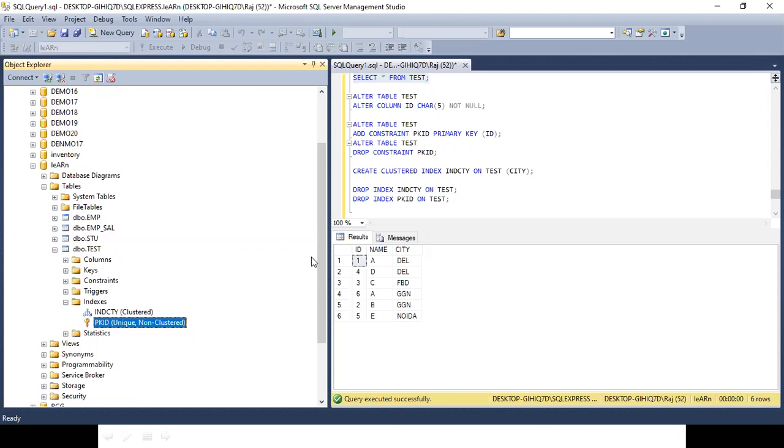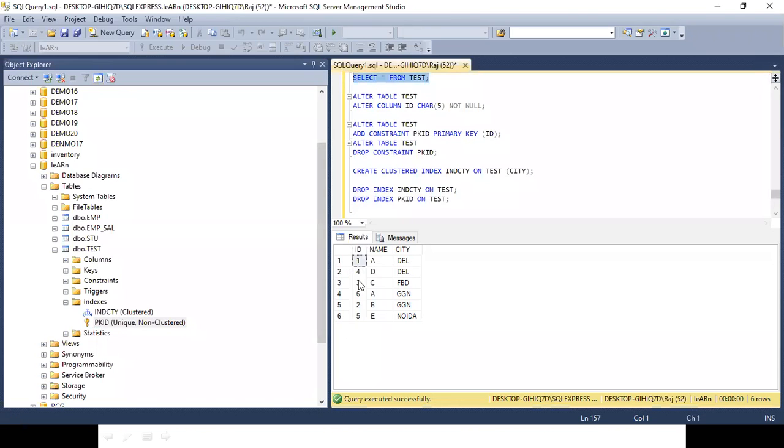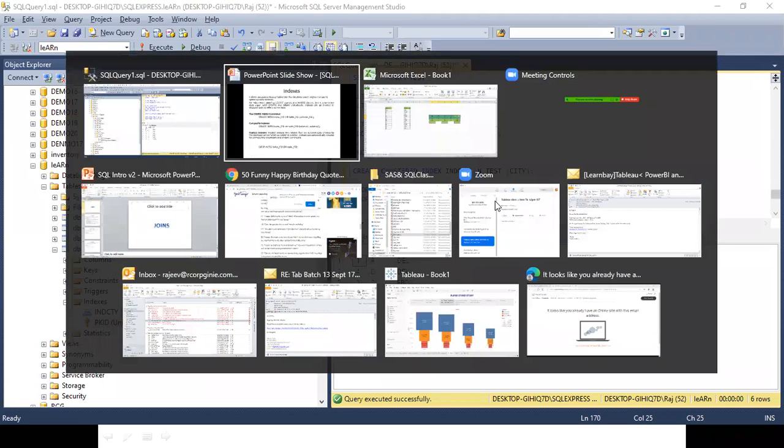Oh, you are talking about this. Yeah, right. You will get it always. This is nothing related to indexing. This is a SQL number, a serial number which SQL gives by default. It is not an index. This is not a part of the table itself. It is just a sequence number which you are getting. Row number, you can say. Row number. Right. Okay. So this was the index.